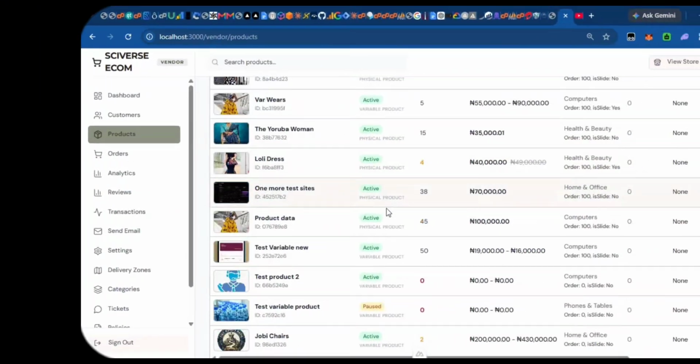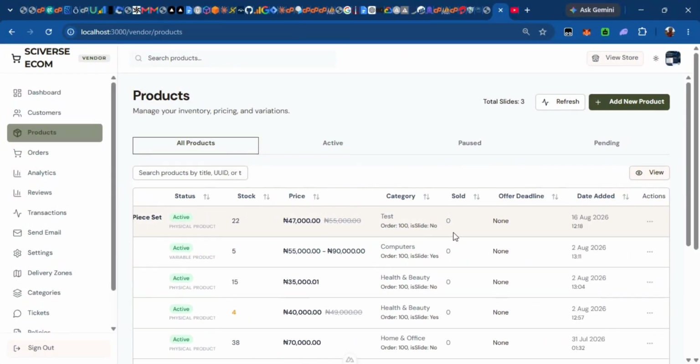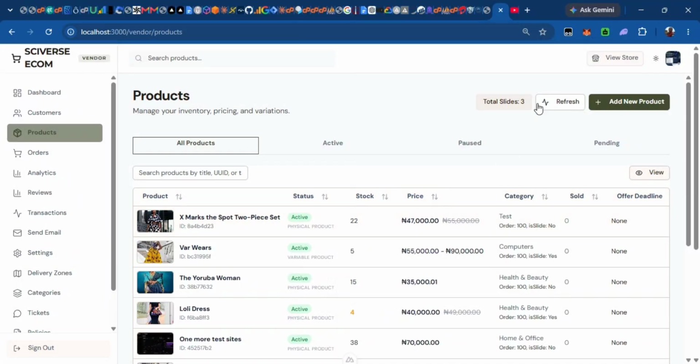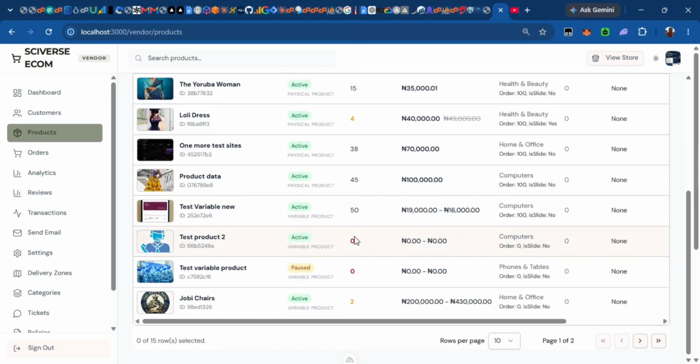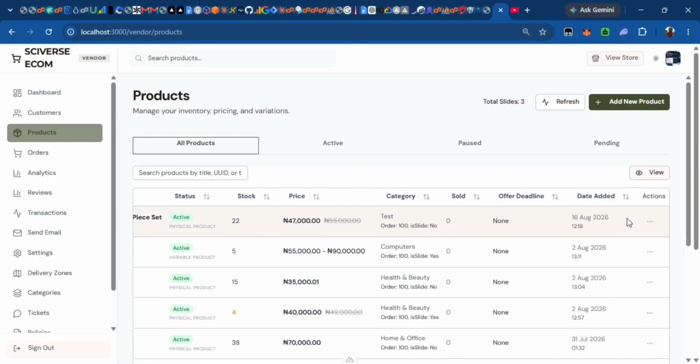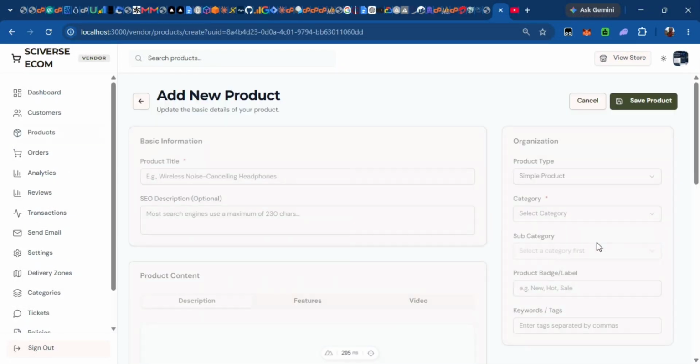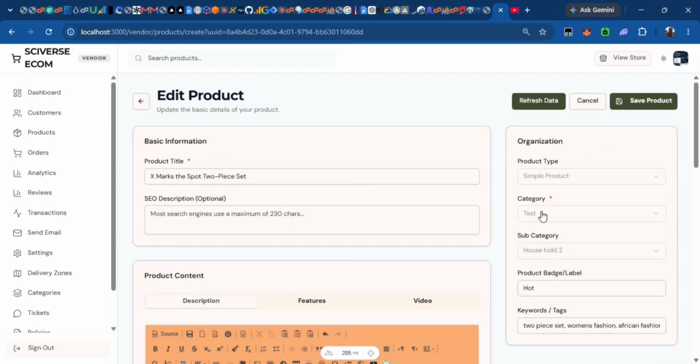Okay, now that we have learned how to create our products, here we are seeing our newly created product. Refresh, you see the data, everything is fresh and showing here. The next thing is for us to learn how to edit our product. So we can slide to the right side of the table and you will see the dotted button. You click on edit product, and here you should be able to see the details of the product,